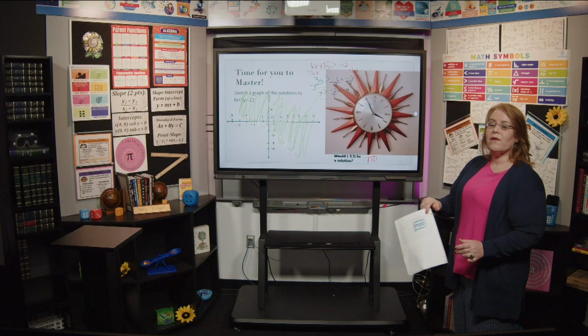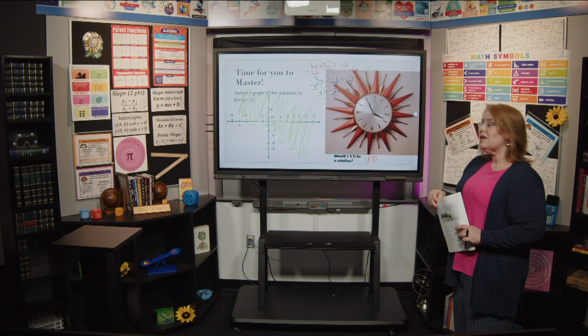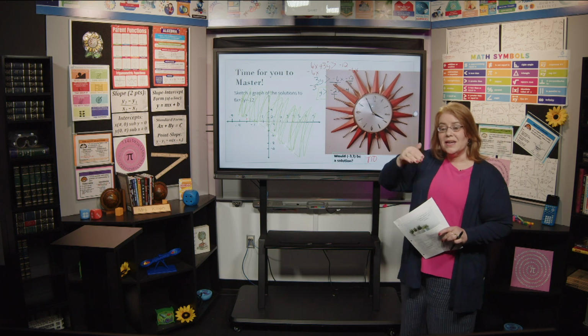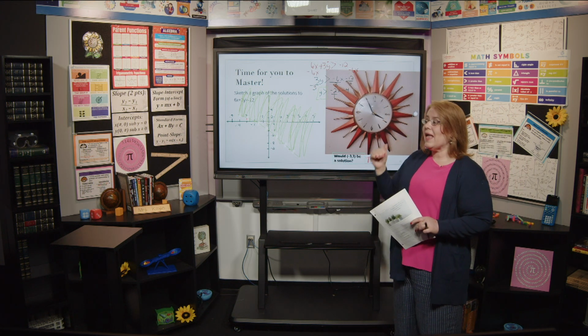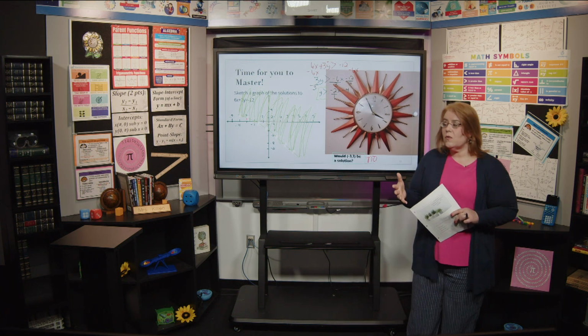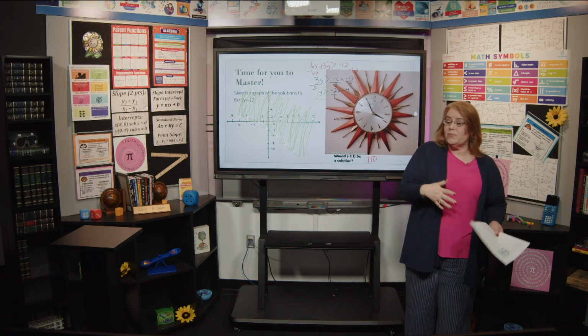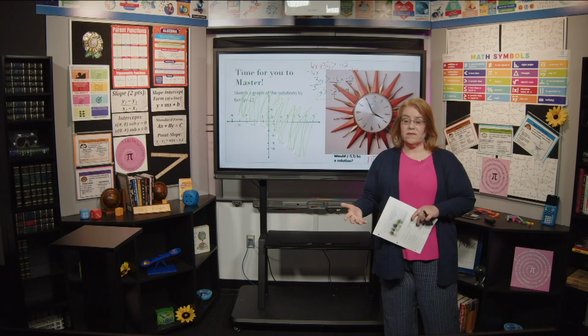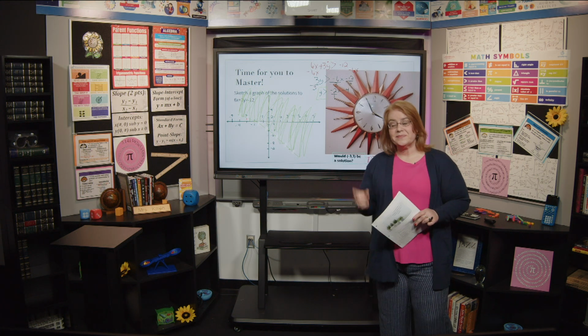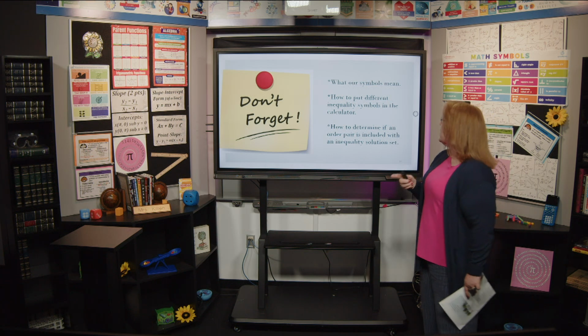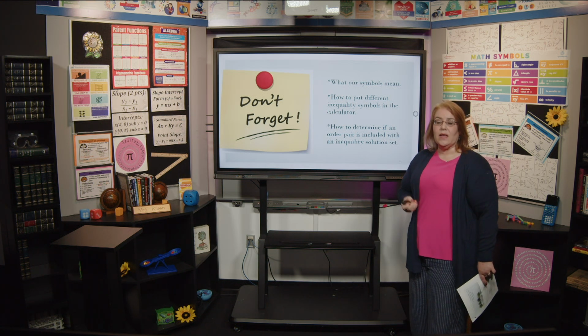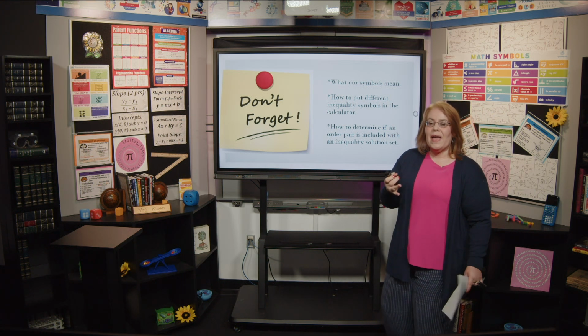Make sure that your graph looks something similar to mine. Make sure that you have that dotted line, not a solid line. Make sure that your shading is up. And what you and your partners can do is guess some more answers. Is this part of the solution set? Is this not part of the solution set? And see what you get. Good job. I don't want to forget what our symbols mean,